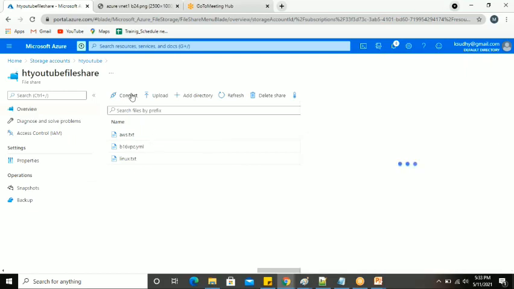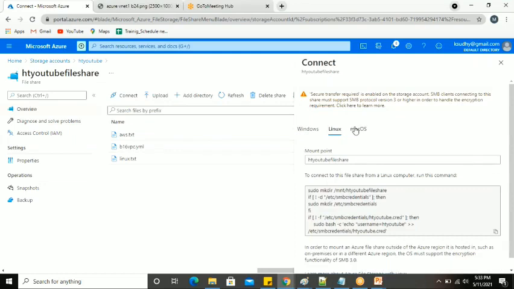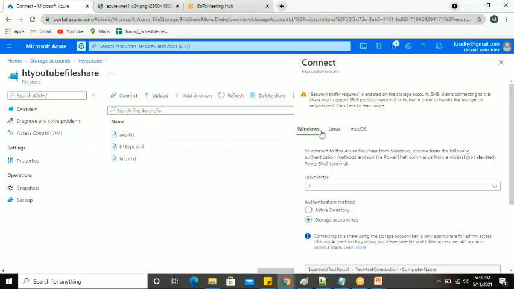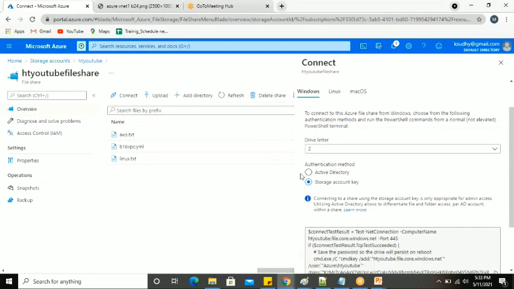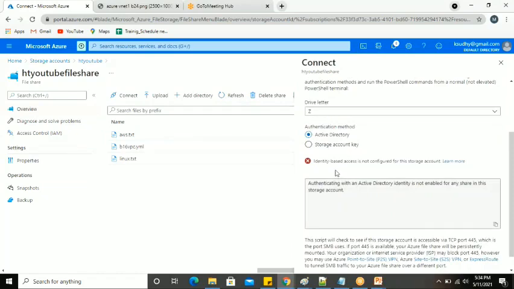Now I just want to connect to the files. Where I want to connect: if you want to connect a Windows machine, you can connect; if you want a Linux machine, you can connect; if you want macOS, you can connect here, based on your activity. If you go for Windows, there is a drive letter and which kind of access: Active Directory or storage account key. Active Directory means identity-based access control, so only the person who has the identity can access the